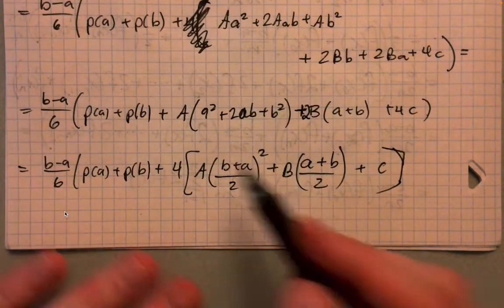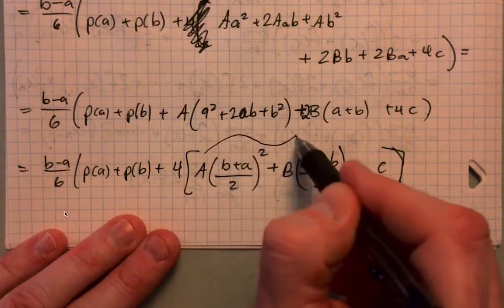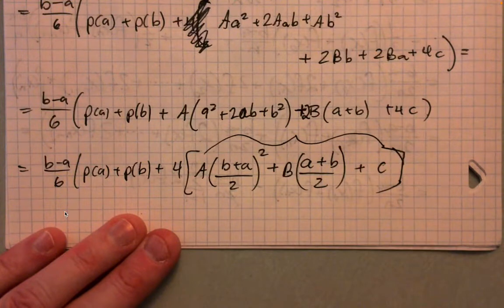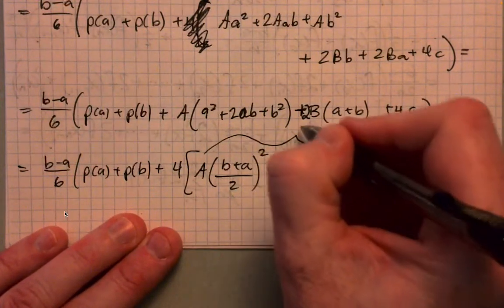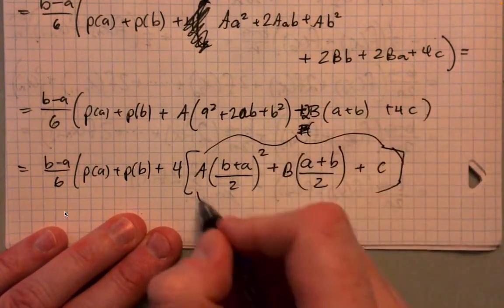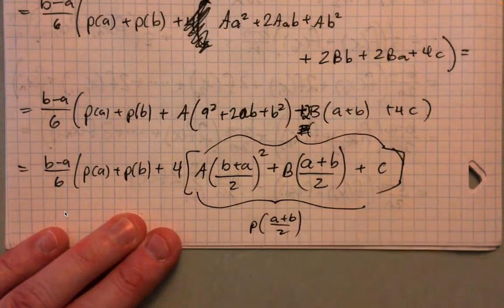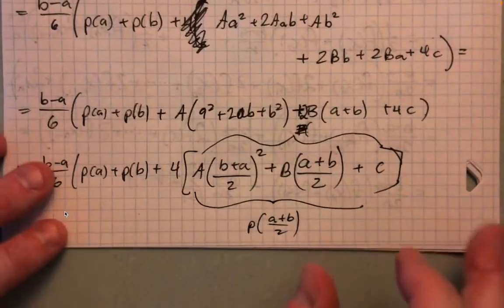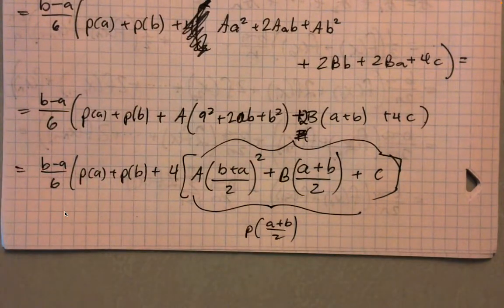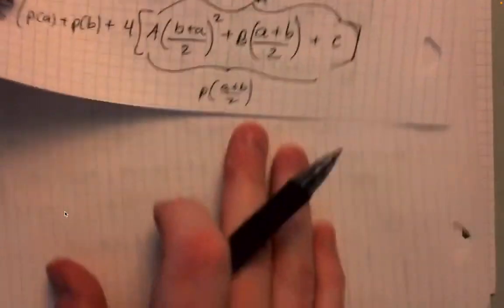All right, so now what is this big mess here? Well, that's P. So this piece here is your P of (A plus B)/2. In order to get it into that form, we had to do this sort of tricky derivation here. Now the whole thing then,